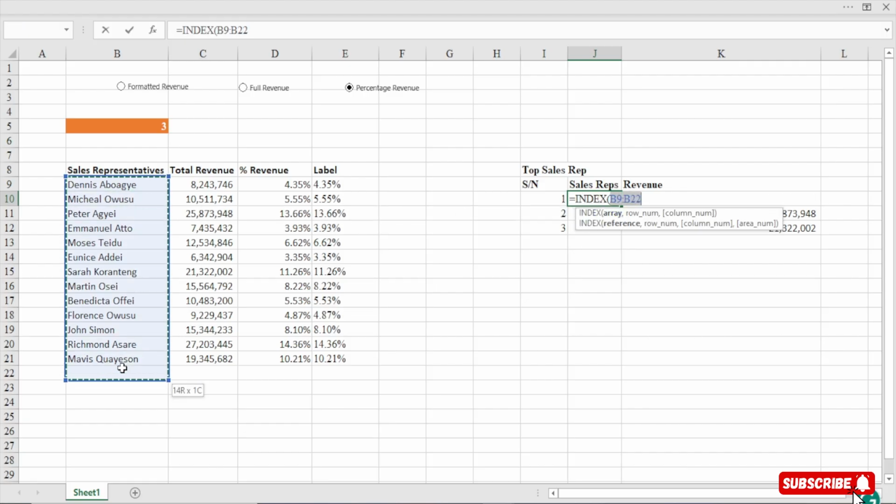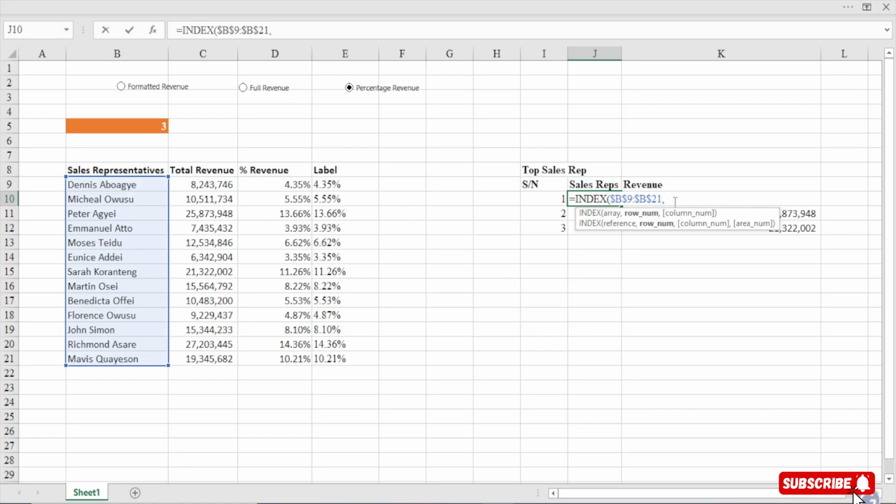This is the array, what you want to return. So I want to return the names, right? Perfect. So F4 to lock it, comma. Then the row number. So what we are saying is that for this number that we are looking for, what row can we find it in, right?